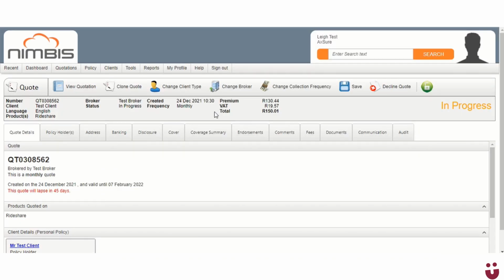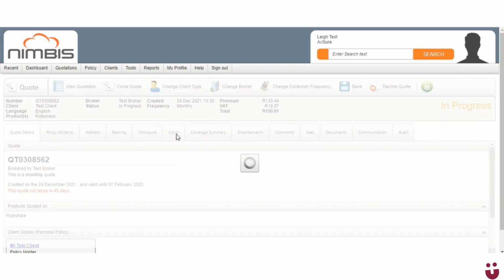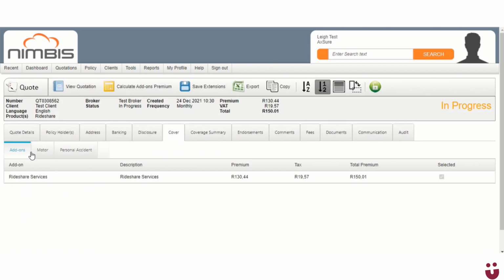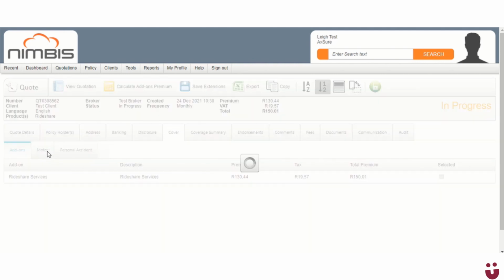From the quotation details page, you'll proceed with adding the item by clicking the Cover tab. The Cover tab will have sub-tabs indicating the different sections available on that product. We start on the Add-on sub-tab, which, depending on the product, will reflect Value Buddy Gold, Rideshare Services, or Q-Drive Services. This product is mandatory and automatically included roadside assistance product, which is why there is already a premium noted at the top. You'll navigate to the section that you'll be adding your item onto, in this case a vehicle